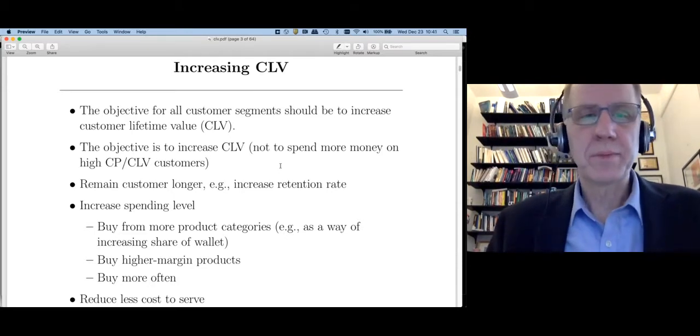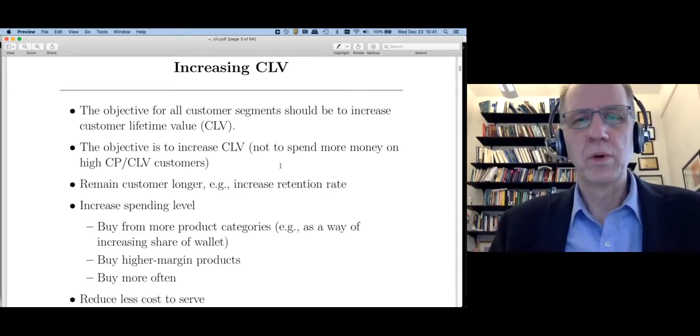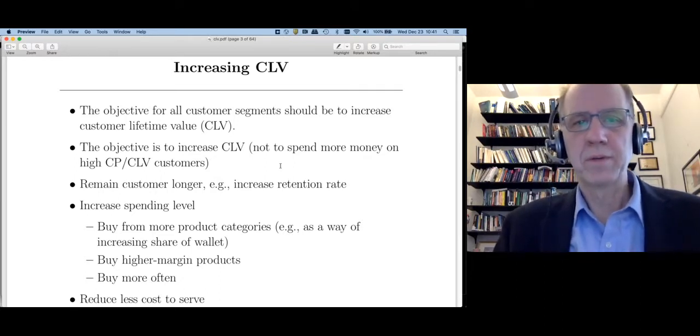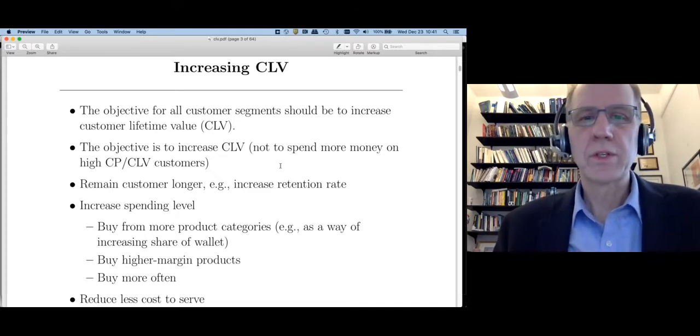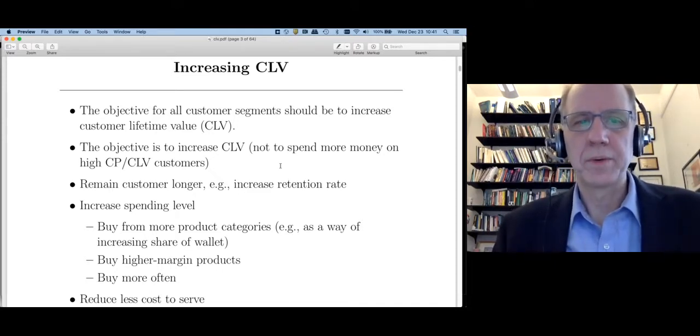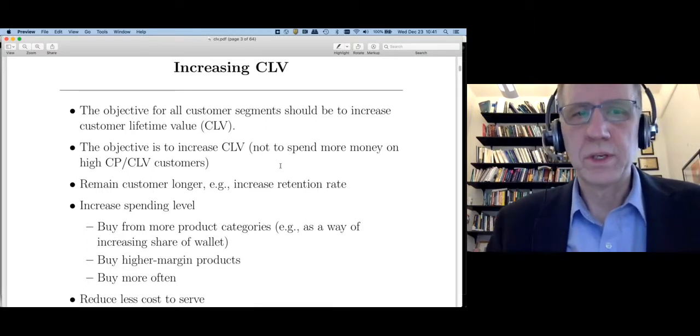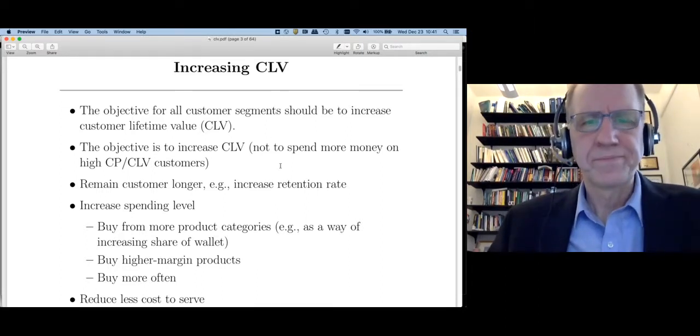Now there can sometimes be exceptions to that rule, where there are customers that you just don't want to have as customers. One example is what the credit card industry calls a diabolical. A diabolical is someone who runs up a large amount of credit bills and then goes bankrupt. You obviously don't want that sort of customer around. But in most cases, the first rule is keep your customers.